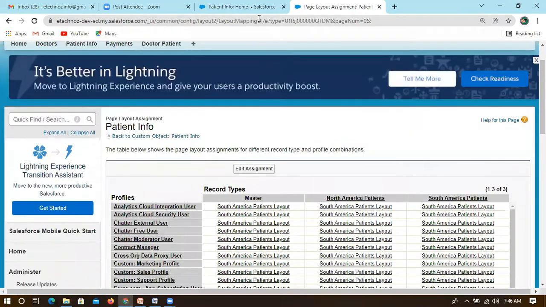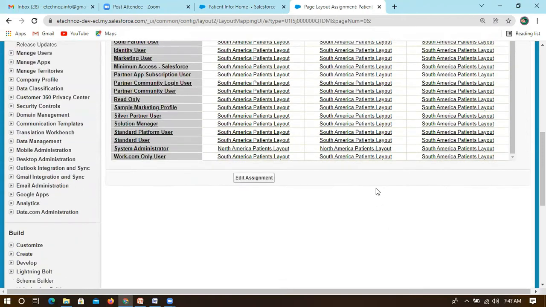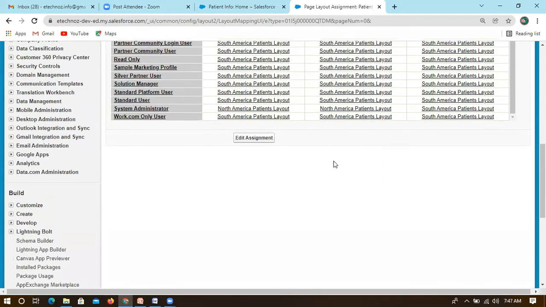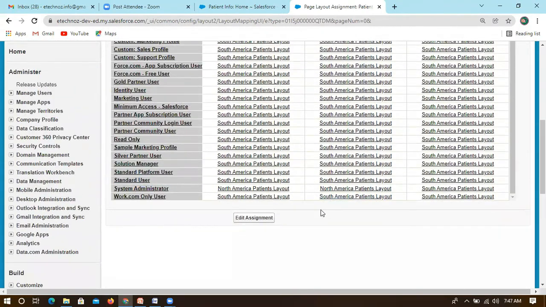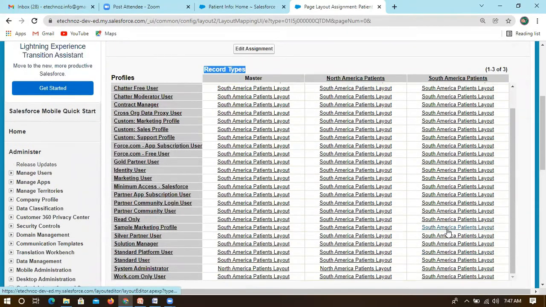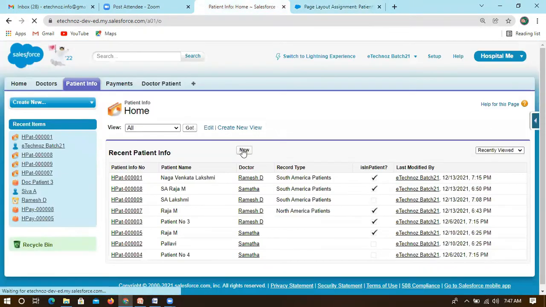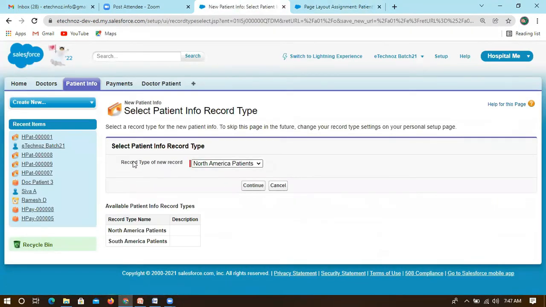And you can go through each object level. So record type, and then you can assign different layouts. First we need to have a layout if you want to create a record type, and then you have to assign the page layout for each record type, so that the users can use it when they create a record. Let's take, if I'm creating a new record, previously we were not able to see this, right? Now we are able to see it, and it is mandatory also, you have to select at least one.